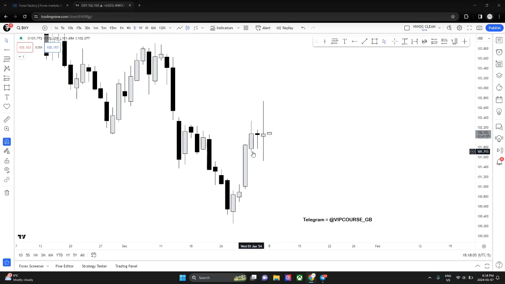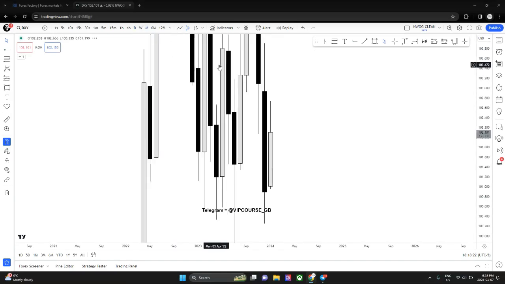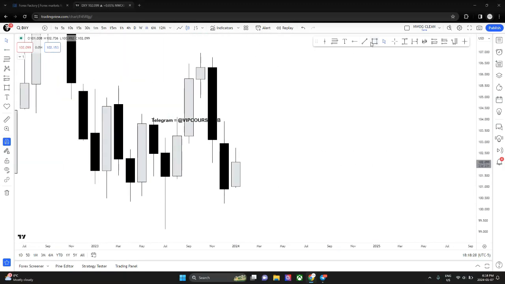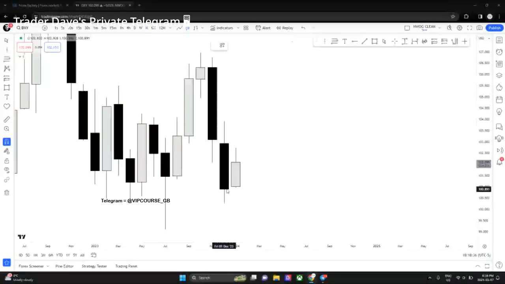So Q1's opening gap, doesn't matter which time frame cycle you're looking at, it functions as dynamic support or resistance, right? So there are times when the opening gap of Q1 will overlap with the fair value gap, and that will be a high probability fair value gap. And there are a lot of high probability fair value gaps that you will learn. So this is the opening price of Q1 this year, January 1st.